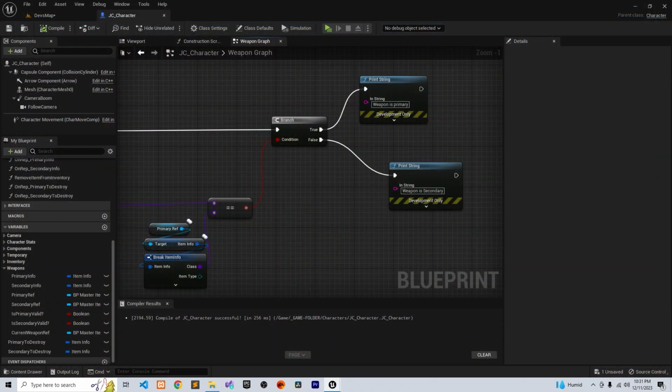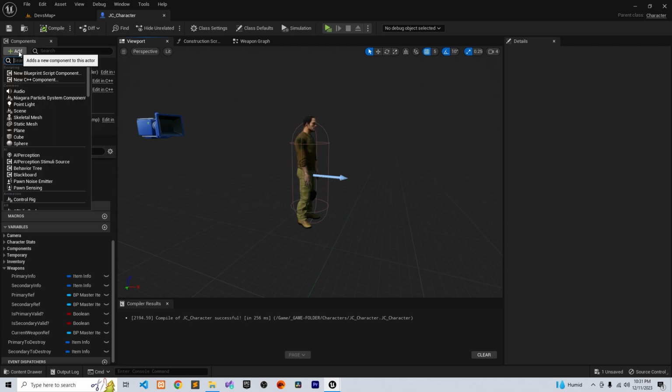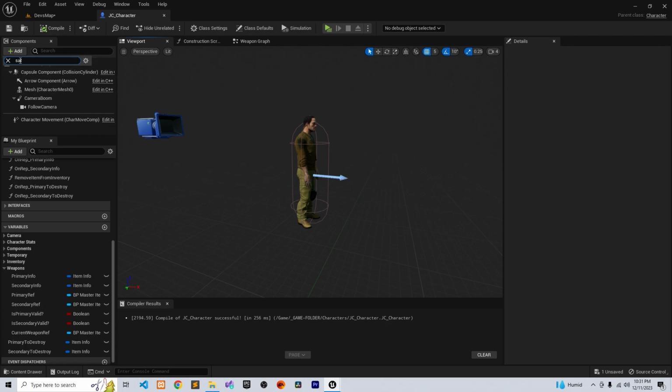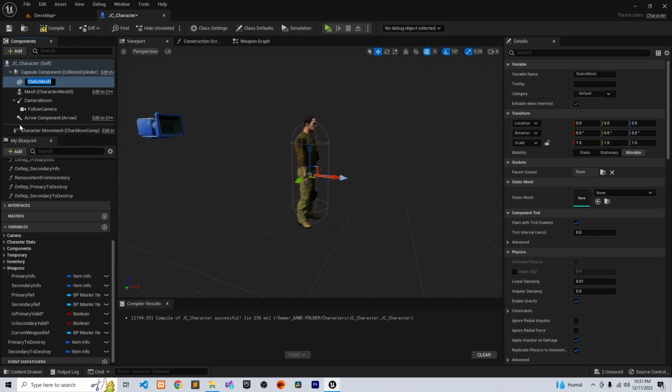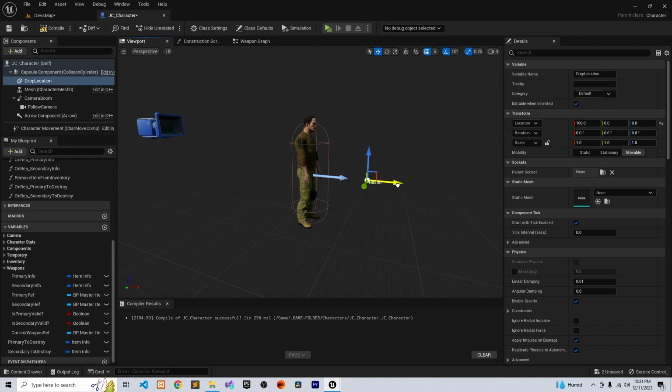So with that done, we go on the inside of character, we need to add, let's add a static mesh. We're gonna name it drop location. And if you grab it, you can put it wherever you want,